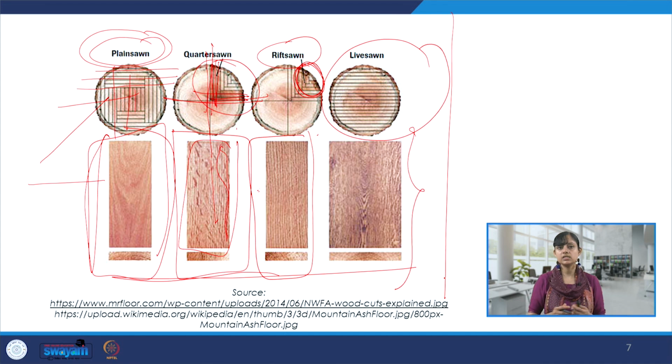So I've left that detail out, but if you are interested to know more details, either you can write to me or you look at the references. But I'll give you a broad overview, which kind of timber can be used in which kind of projects, and I'll give you some examples.